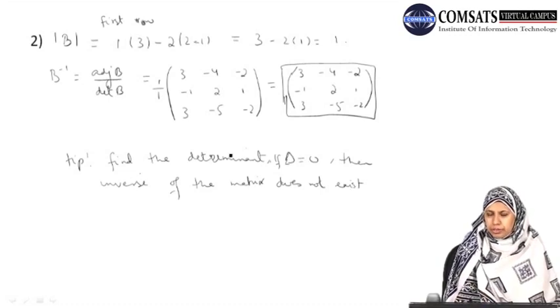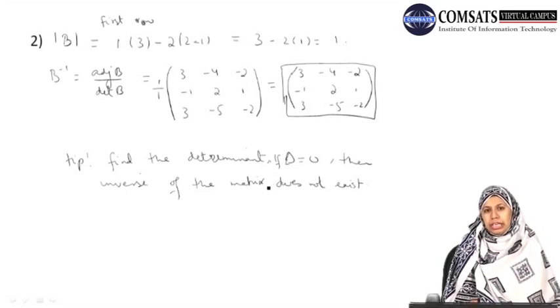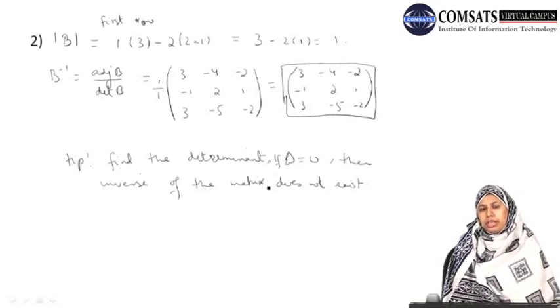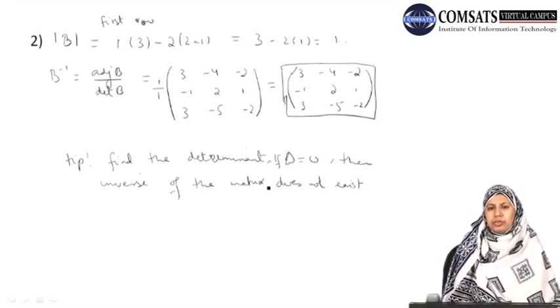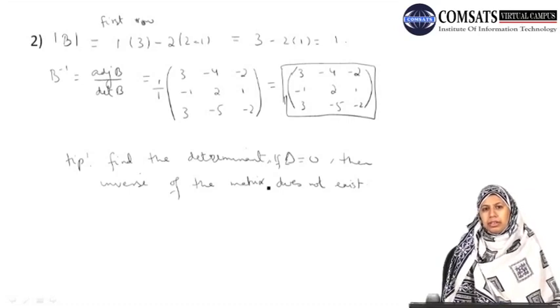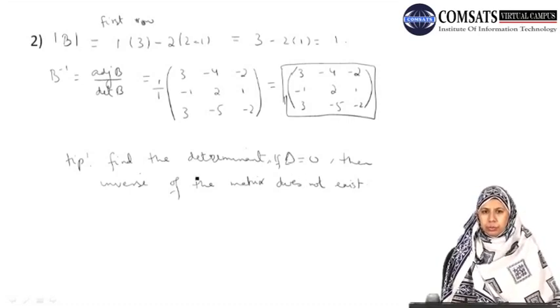But if the determinant is different from 0, then we can proceed further by first finding the cofactors, writing them in matrix form, taking the transpose of that matrix to find the adjoint of our matrix, and then multiplying by the reciprocal of the determinant. But if the determinant is 0, then there is no need to proceed further, because such matrices do not have any inverse.